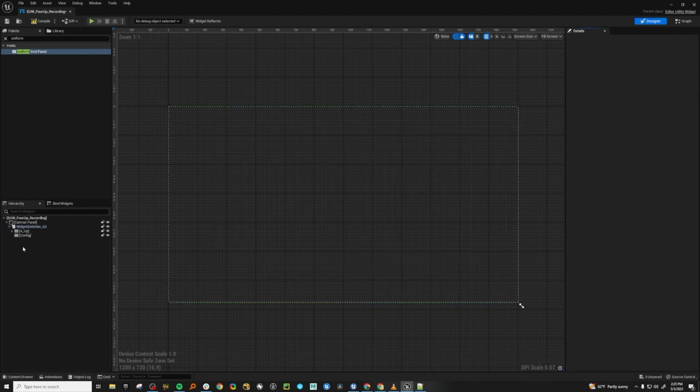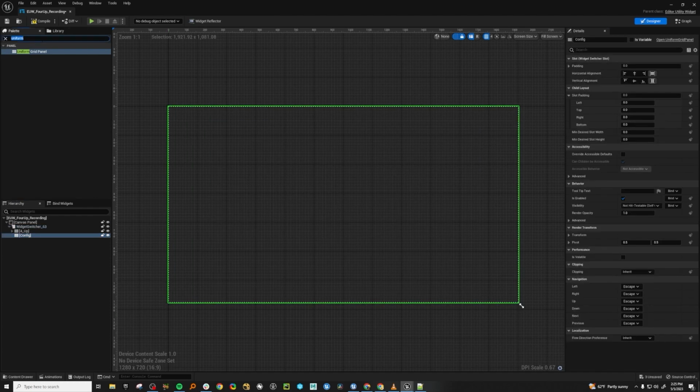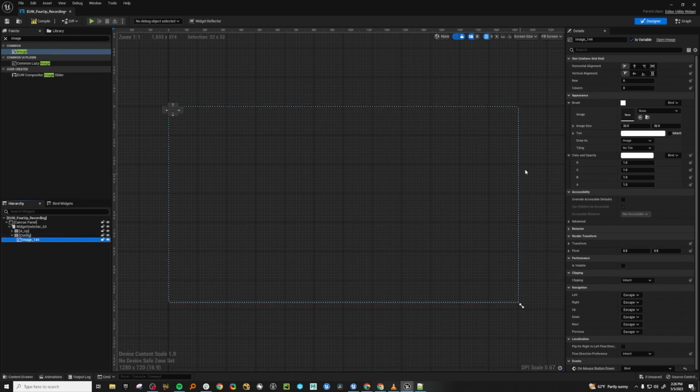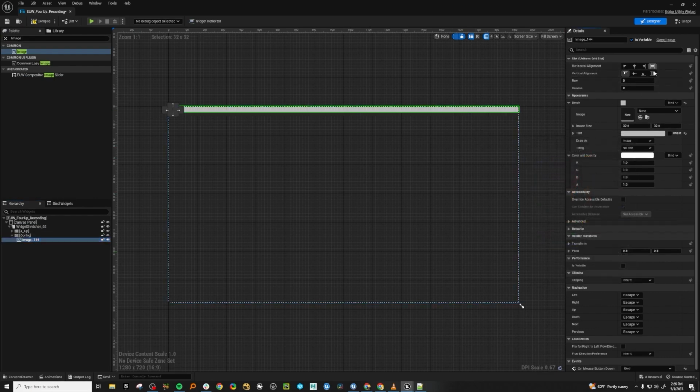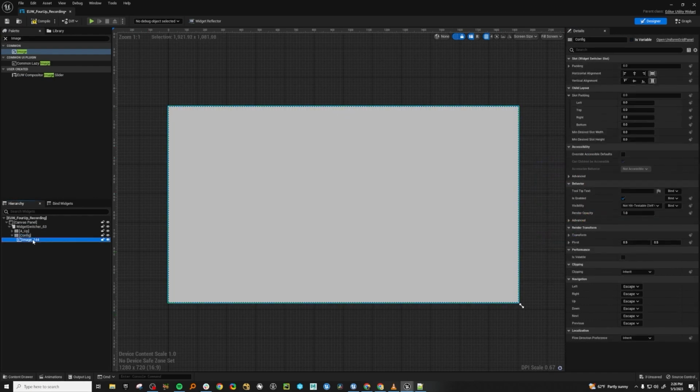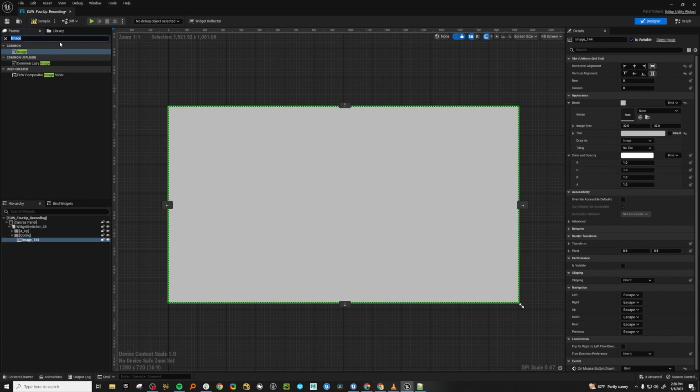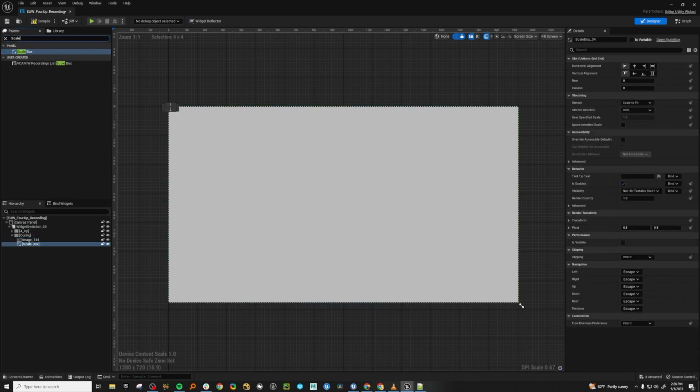Let's go to 1. We're going to work in there. Let's get ourselves an image as a backdrop. And then we can make that gray. We'll screen it. And then let's go get a scale box. Then another uniform grid panel